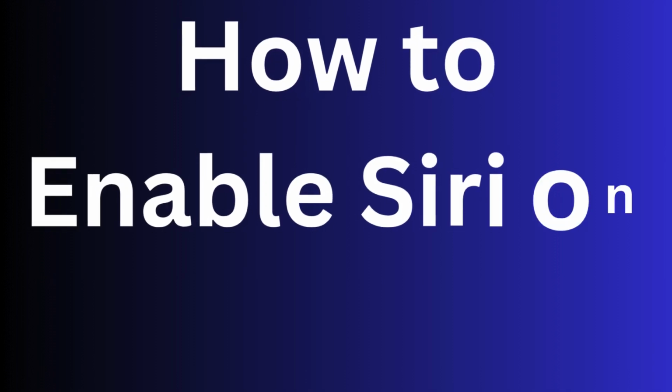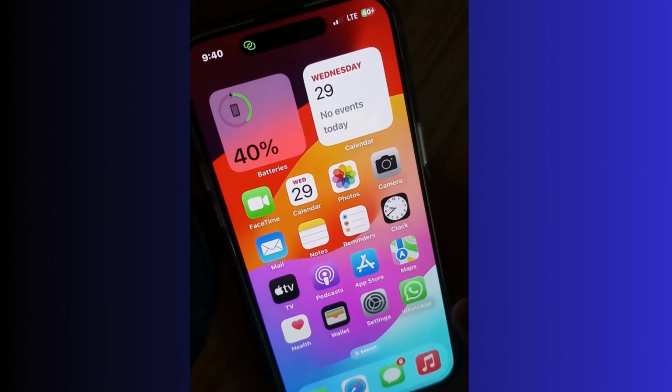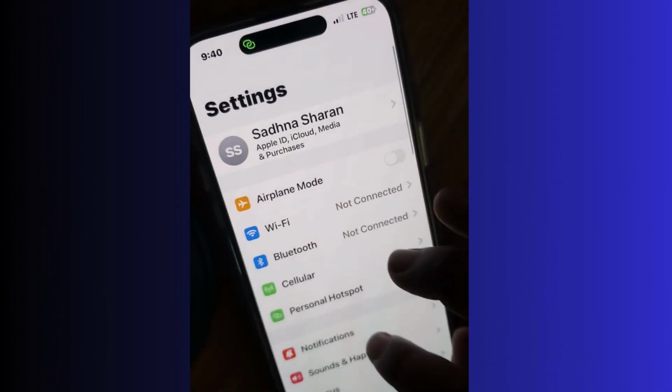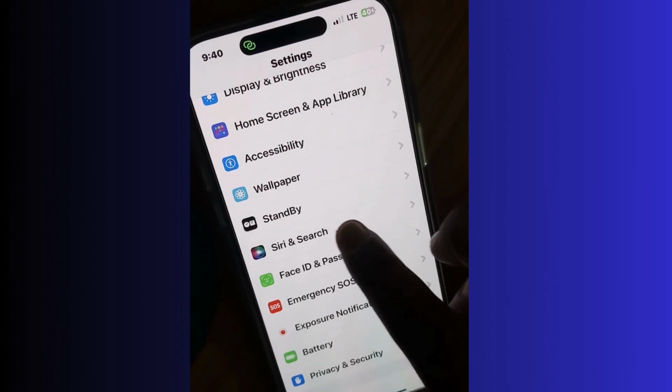How to enable Siri on your new iPhone. To enable Siri on your new iPhone 15 or latest model, go to Settings, tap on Siri and Search,